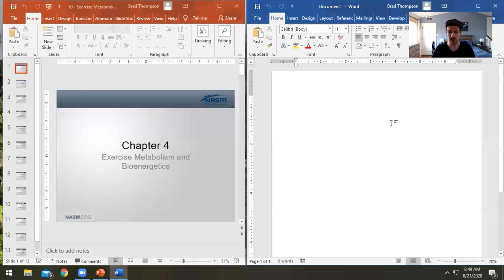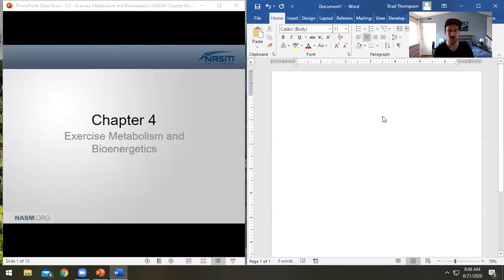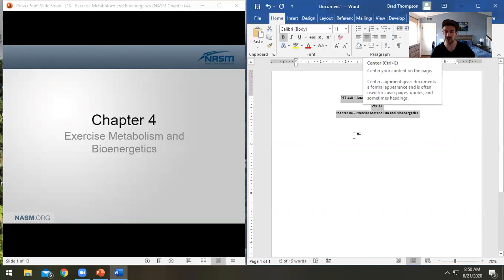Okay, so we're looking here in our regular NASM textbooks. Like I said, we've moved out of Memler's, and this is going to be PFT 118, Physiology for Fitness, and we are looking at day 11 here. This is going to be chapter 4, exercise, metabolism, and bioenergetics. So this is your NASM materials here,